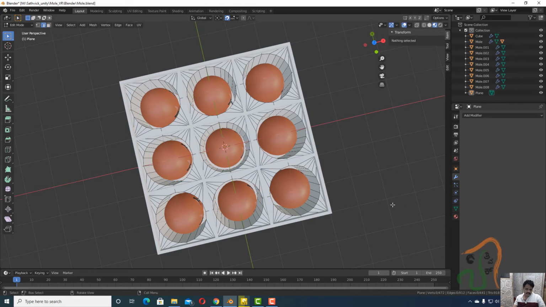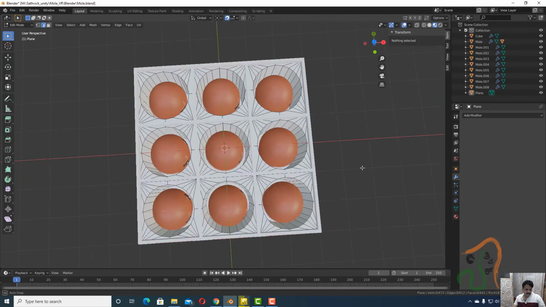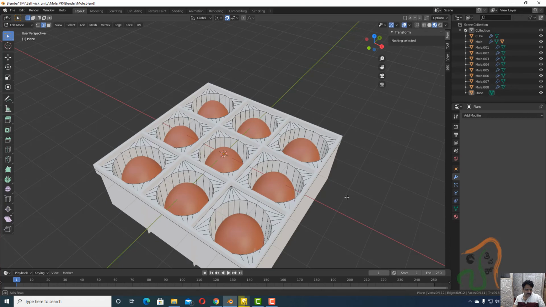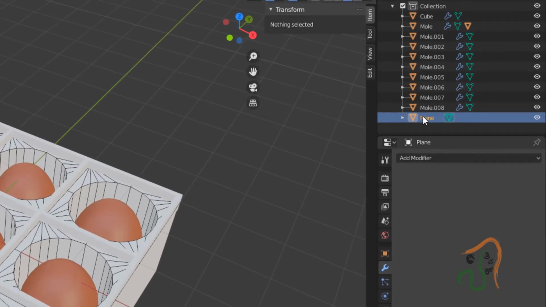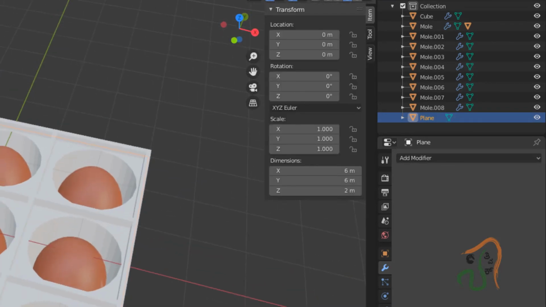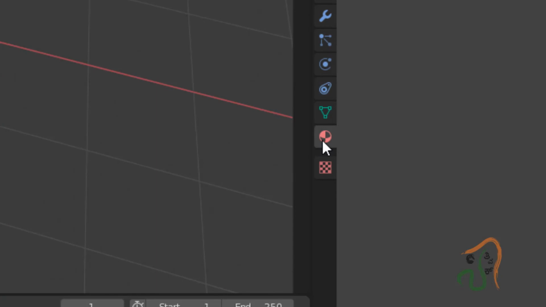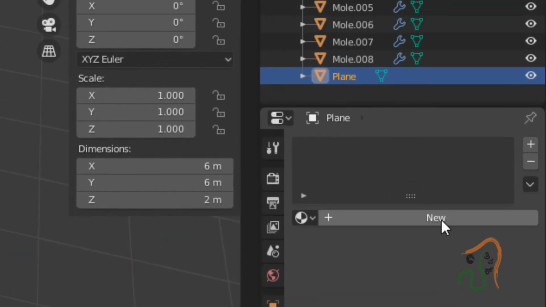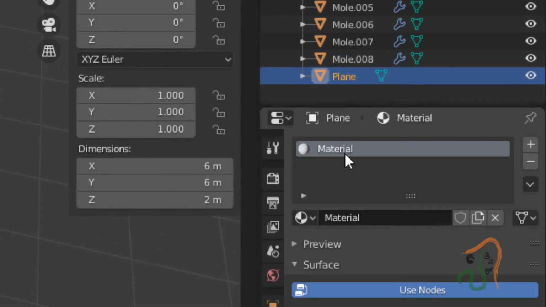The next thing here is, let us add the colors for this entire table. To add the colors, select the plane here, and with the plane selected, press tab. With this plane selected, come to the material view and create a new material, and call this mole holder material.